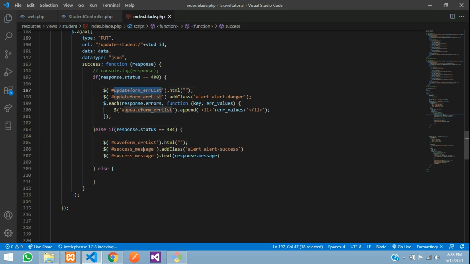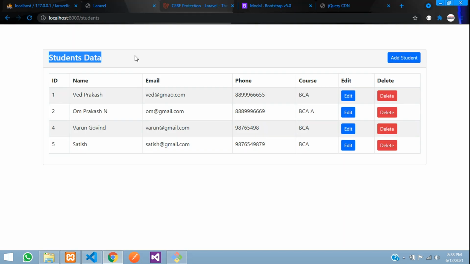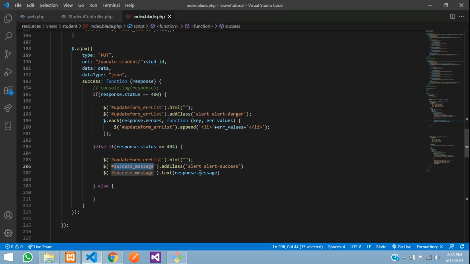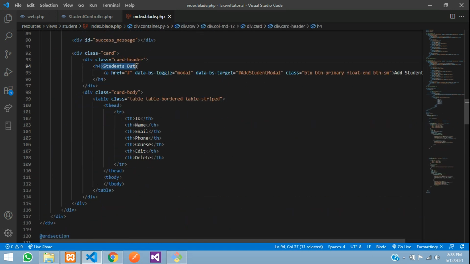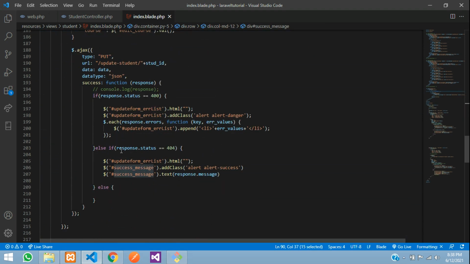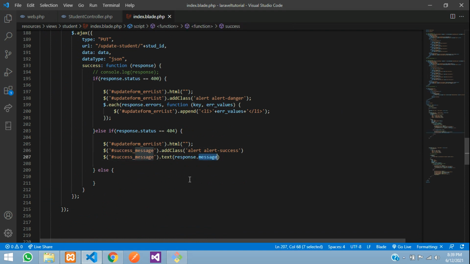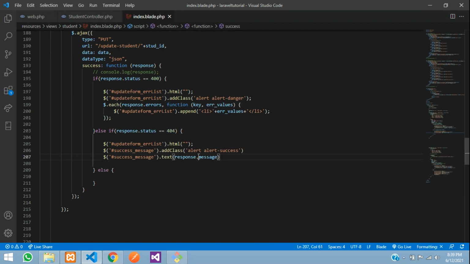So this update form list, if you have any error, just clear that, and then over here the success message. So the success message is directly above this card. So above this student, we have that success message, and the message's response you are getting. Okay, so I'll just show you this success message is inside your add student above here. Okay, so this is a success message. Okay, let's get back over here. So this response message, where are you getting it from? From 404. Let's see over there. So when you get this 404 message, student not found, this message you will get and print over here. As simple as that, guys.